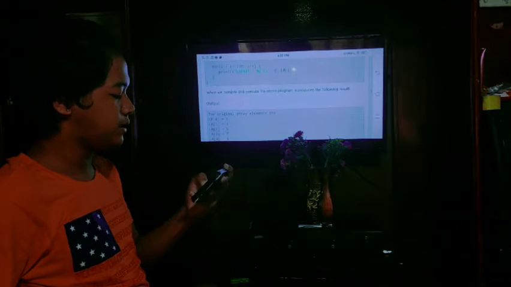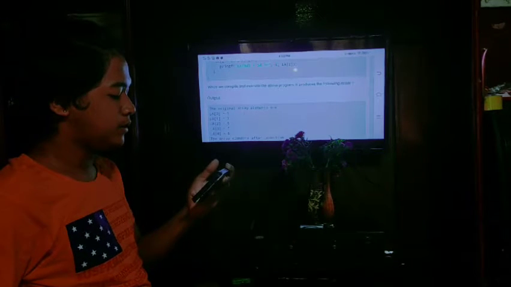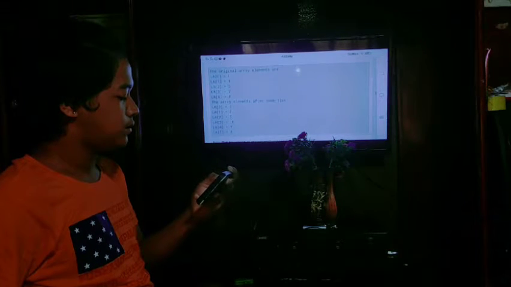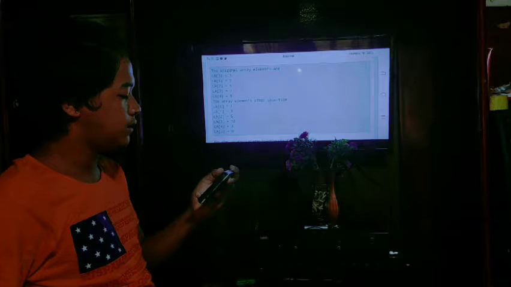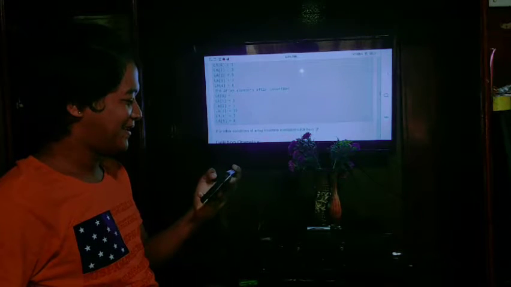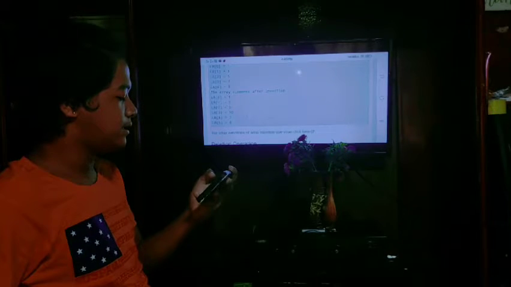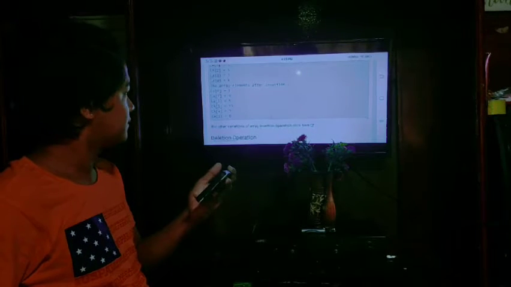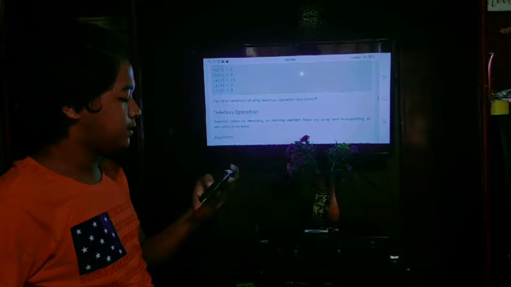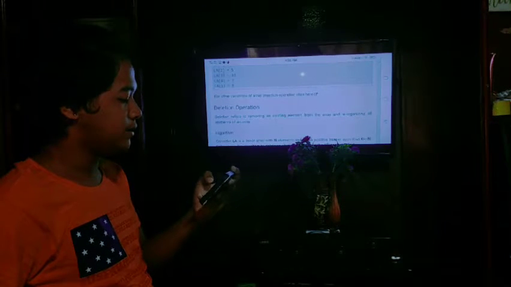When we compile and execute the above program, it produces the following result. Output: the original array elements are the following. The array elements after insertion are the following. For other variations of array insertion operation, click here.